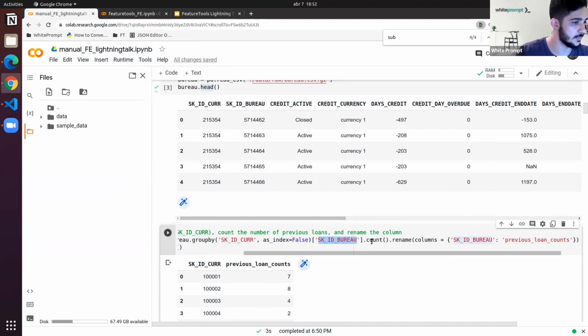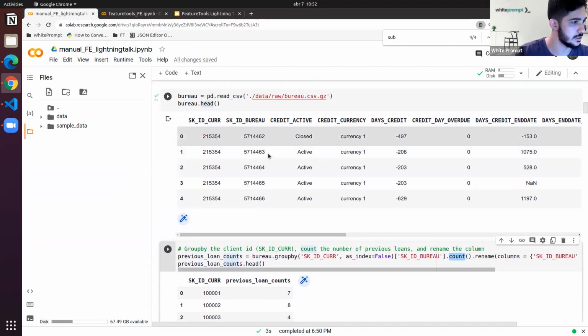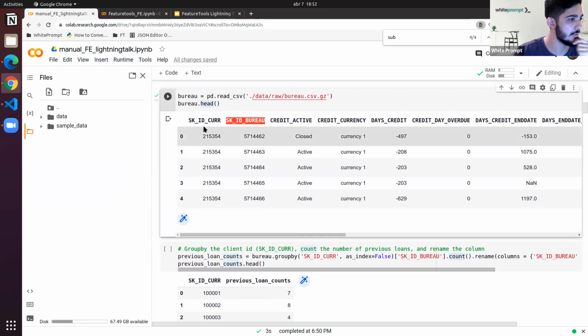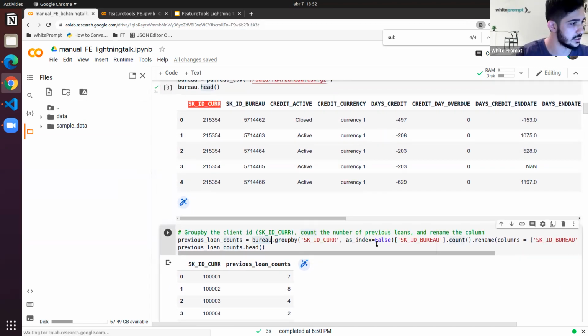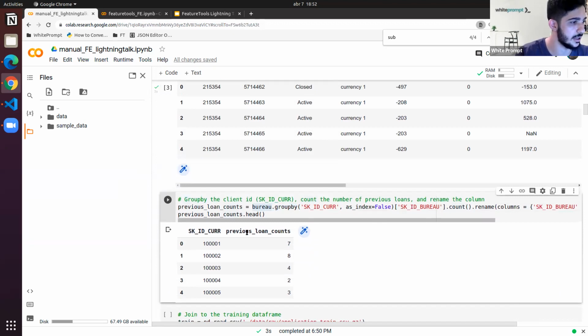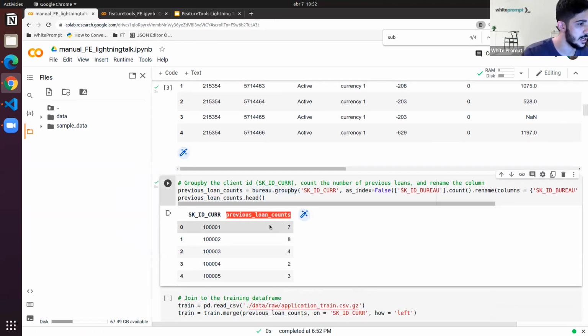The method that I'm using to aggregate is count. So what I'm doing here is counting how many occurrences I have for a single customer inside this table. I will say that this feature is previous loan counts. So for every single client, I can say how many loans they have,